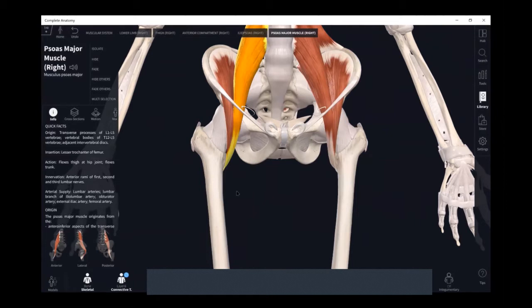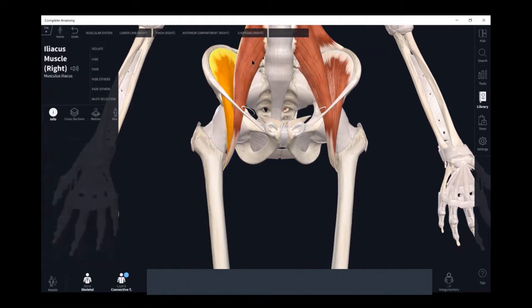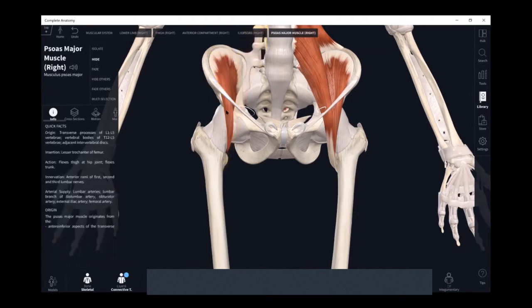One could also be excused for thinking that it provided some external rotation at the hip joint. But flexion is its main objective. Innervation, anterior rami of the first, second, and third lumbar nerves. The iliacus, let me go ahead and remove psoas. I'll hide that. So iliacus,